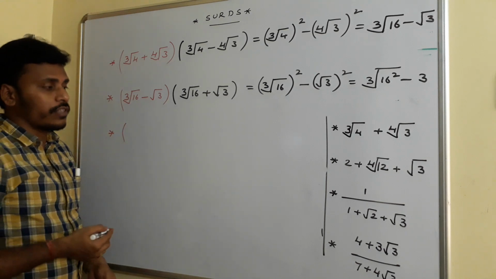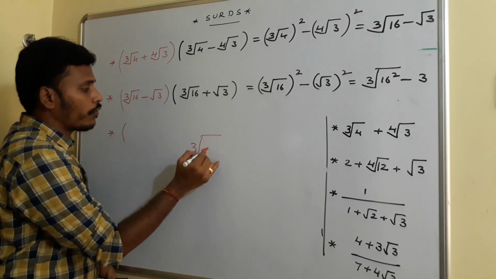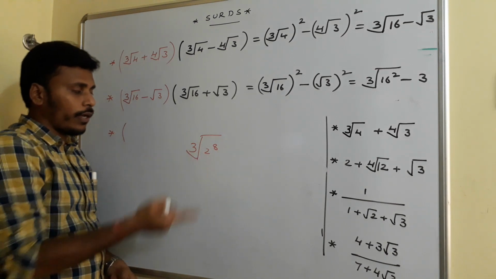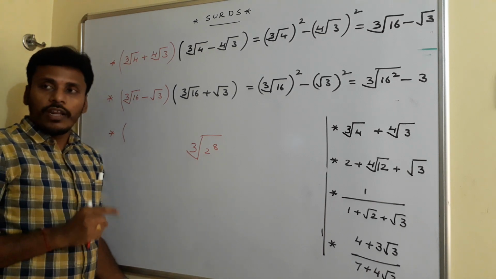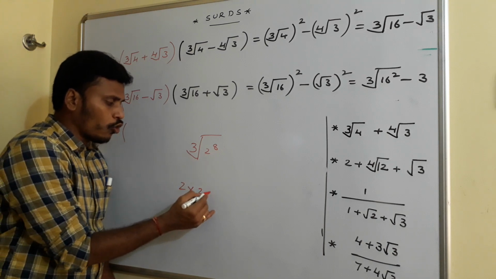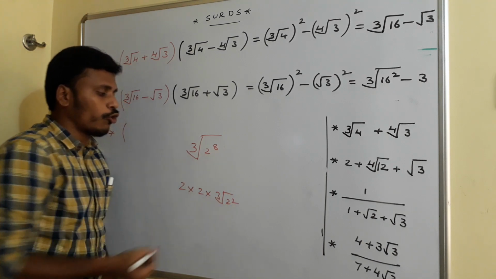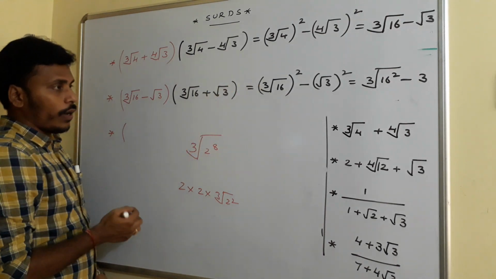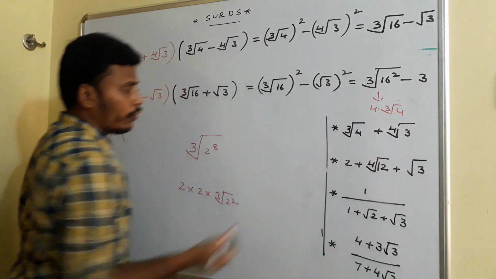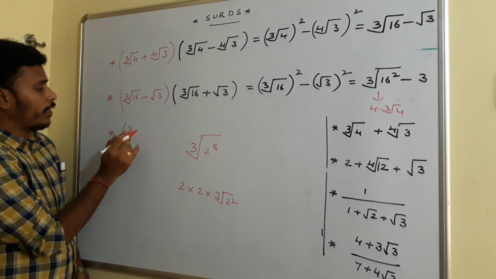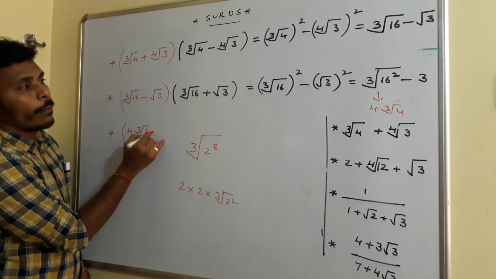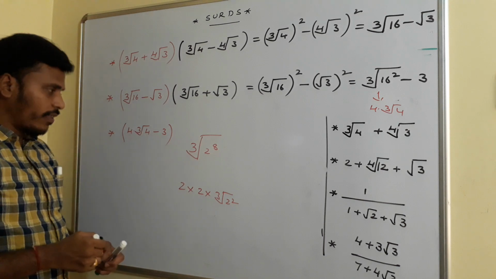And what is that cube root of 16 square? You first think about that. 16 square can be written as 2 power 8, 2 power 4 square. This is 2 power 8. Under the cube root, if any number is there 3 times, you need to write it one time outside. So for 2 cube, 1 two, another 2 cube, 1 two, into cube root of 2 square you need to maintain. So this cube root of 16 square is nothing but 4 into cube root of 4. So you just take that one: 4 into cube root of 4 minus 3 I have at the end.